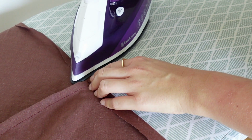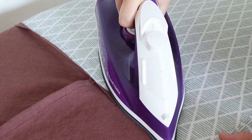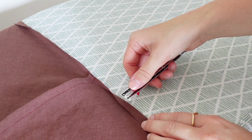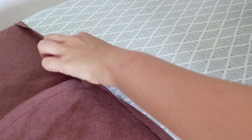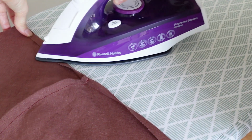With the waistband, we're going to do the exact same thing, so folding over 1 centimeter, and then we're going to fold that over again after we've ironed it, and then we can pin it in place and iron it again. Now, you want to make sure that you're leaving enough room when you're sewing to fit your elastic in